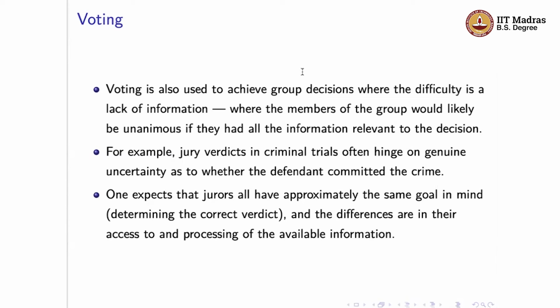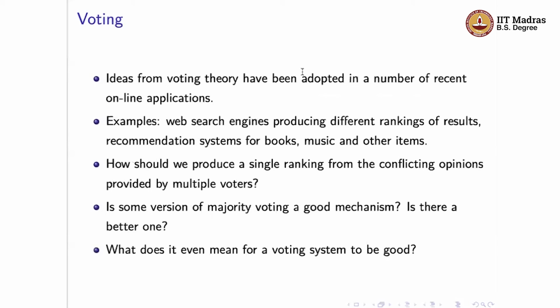So juries, in case you are not familiar with them, are a system where you have, let's say, a set of 12 people, and they are watching a trial, and at the end of the trial they have to vote whether they vote guilty or innocent, and on the basis of the votes that come out, the final verdict is going to be decided, right? Whether the prisoner is to be set free or punished for the alleged offense, right? That's the idea. Okay, so why do we care about voting?